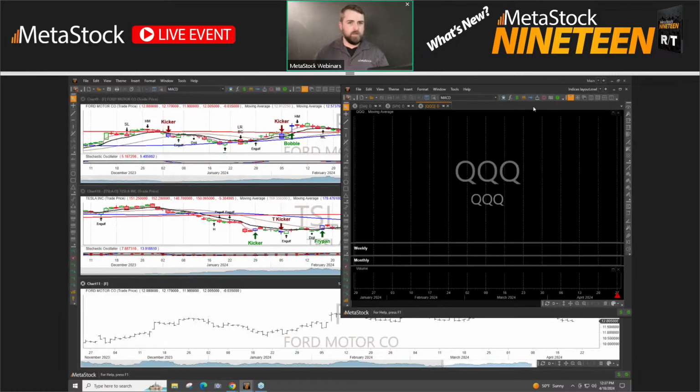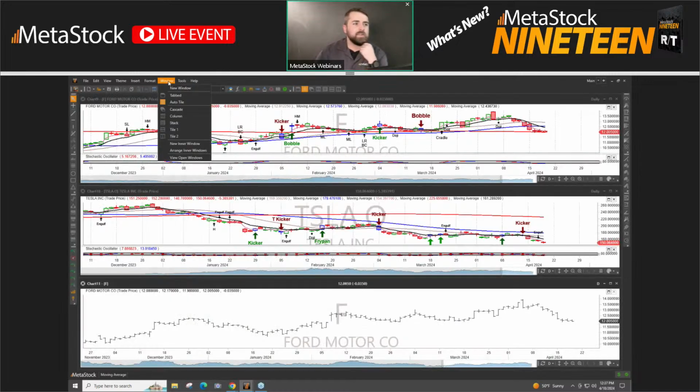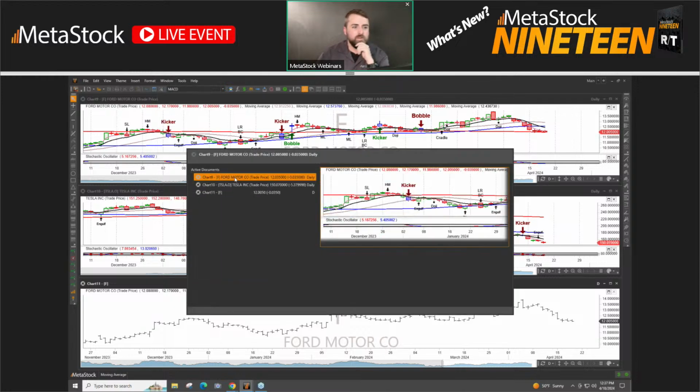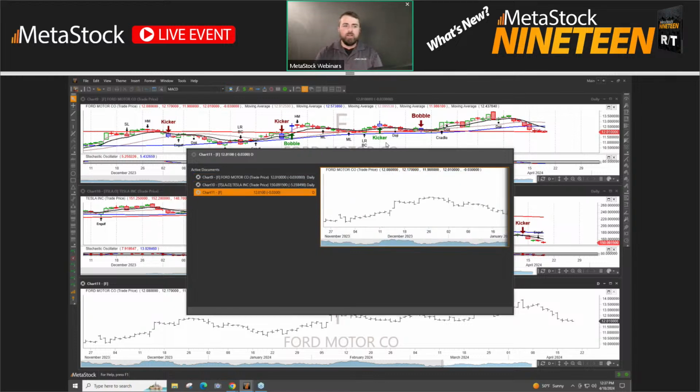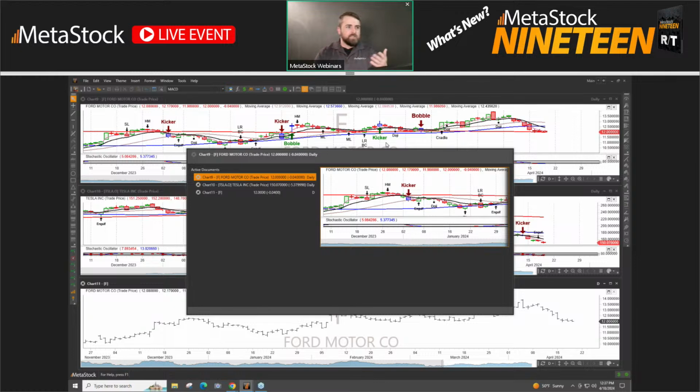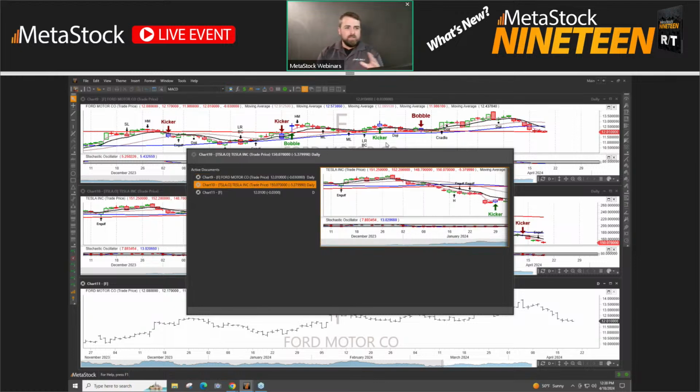Giving this just a second to load. All right, so I can go to Windows, then View Open Windows, and it opens up the different windows I have here. I can hit the down arrow, and as you can see, it shows me a description. So I'm actually in the main charts.